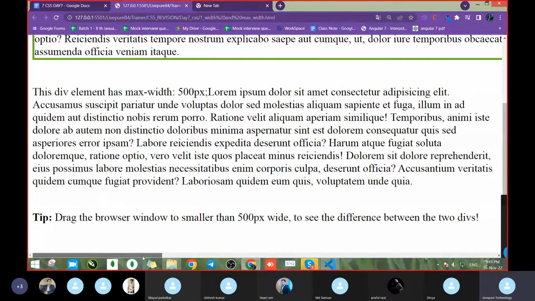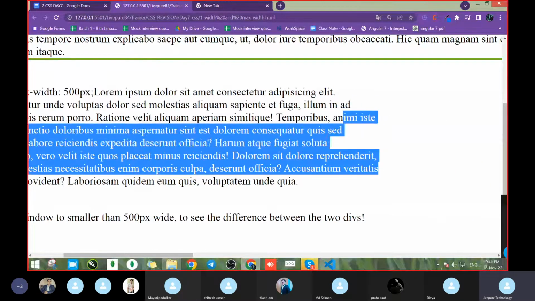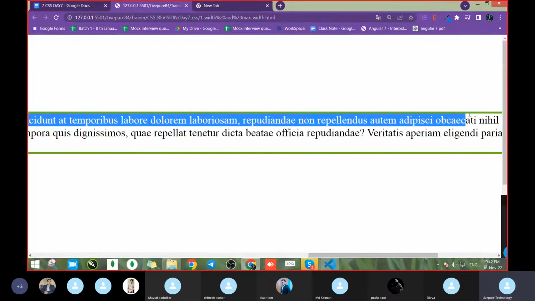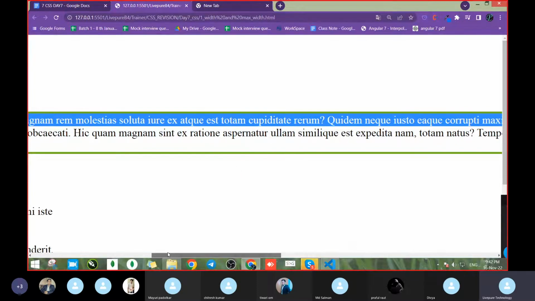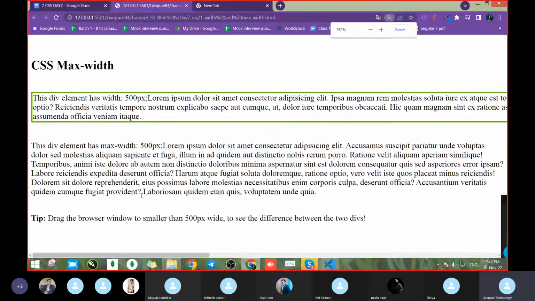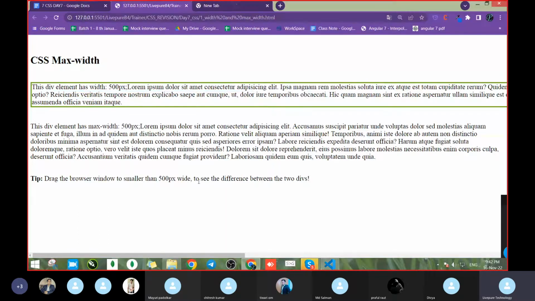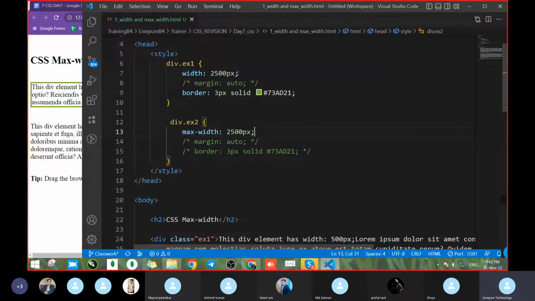लेकिन ये स्क्रीन में एडजस्ट कर ले रहा है, इससे आगे कंटेंट नहीं जा रहा है। बट ऊपर वाला क्या कर रहा है, ये कंटेंट के अंदर जा रहा है, मीन्स ब्राउजर के अंदर, जितना दूर तक जा सकता है वहां तक जा रहा है। समझ में आ गया? तो यही केस होता है विड्थ और मैक्स विड्थ में। विड्थ में हमारा कंटेंट ज्यादा होगा तो वो अंदर चला जाएगा, तो उससे बचने के लिए हम मैक्स विड्थ यूज करेंगे। मैक्स विड्थ आप जैसे ही देंगे, तो कंटेंट ज्यादा होने का जो इशू आ रहा था, उसे मैक्स विड्थ रिजॉल्व कर देता है।